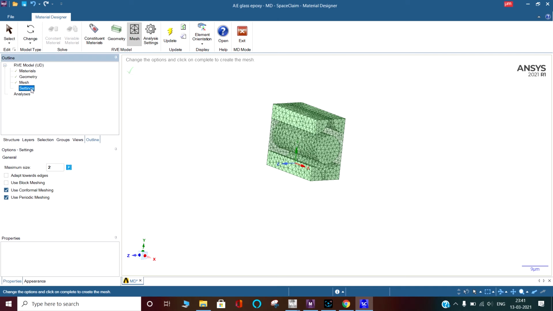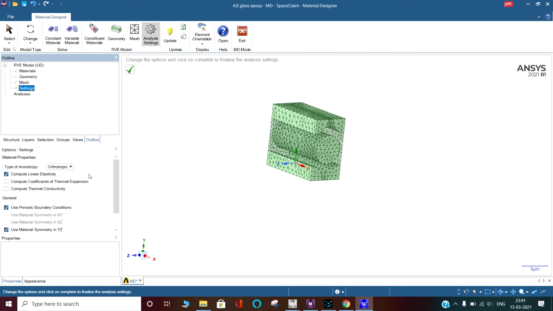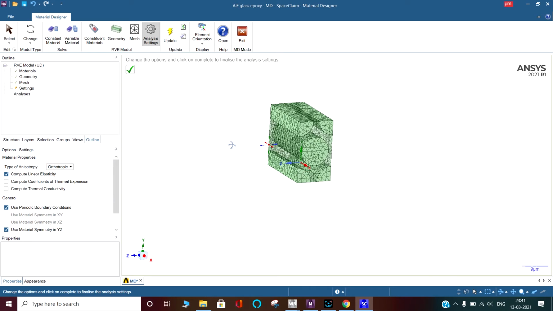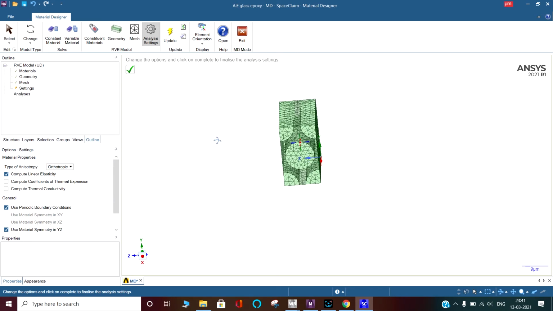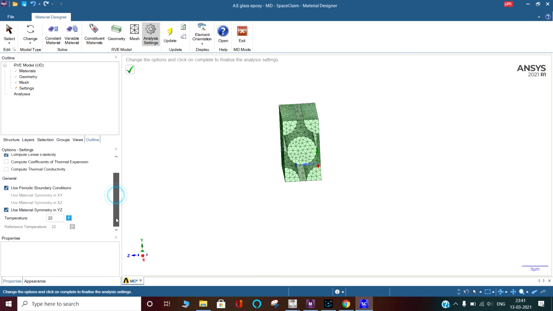In the settings, we are going to ask it what type of anisotropy we are going for, orthotropic or anisotropic. We want to go for the orthotropic material properties, and we are saying that the material has 3 planes of symmetry. Okay, we have to find the linear elasticity and what type of boundary conditions you want to use.